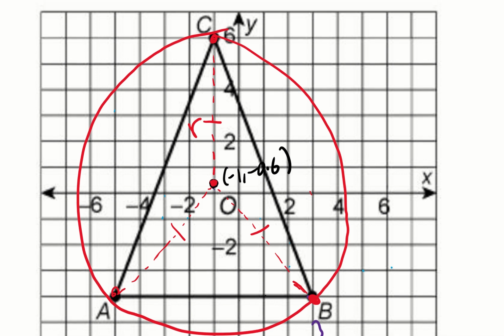The radius of that circle is simply the distance from -0.6 to the distance of the c coordinate, which is 0.6. So what's the distance between -0.6 and 6? Well, that's easy. You just subtract them. 6 minus